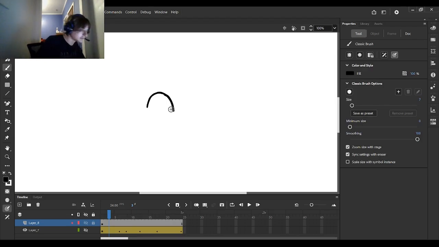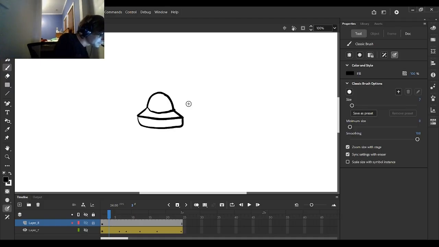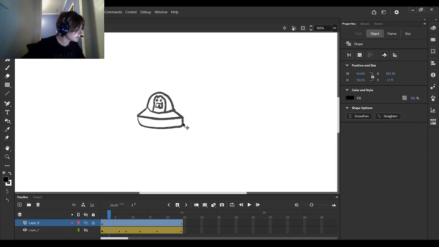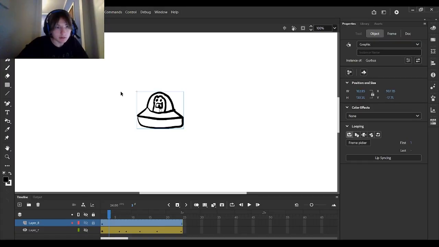So I'm gonna do a new guy because I like to make characters. One second. I need to stop being a perfectionist. We're gonna have this guy. We're gonna select him. Now I'm gonna make him, and now I'm going to create a symbol. This guy is gonna be Gerbis, and I'm going to